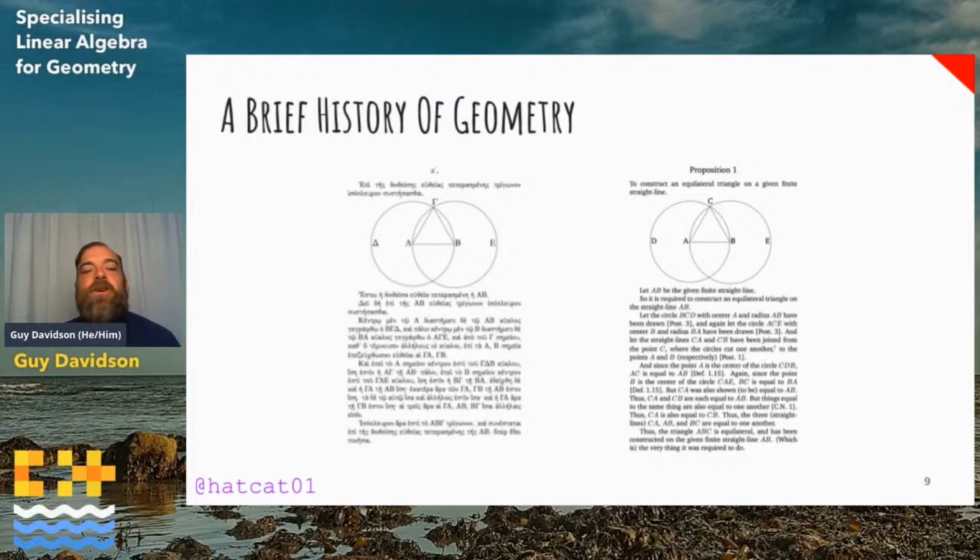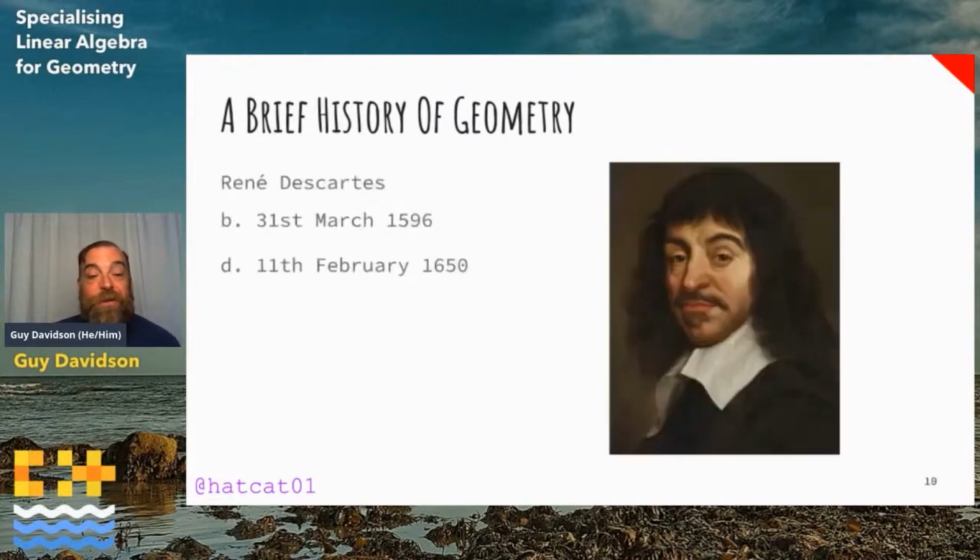Now, geometry got us a long way in road and canal building, navigation, architecture, astronomy, all sorts of human endeavor, but it wasn't until the 17th century, nearly 2,000 years later, that the next great leap forward happened. And this was the work of René Descartes, one of the founders of modern philosophy. He's probably best known for mind-body dualism and a particular Monty Python song. But we're more interested in his contribution to mathematics.